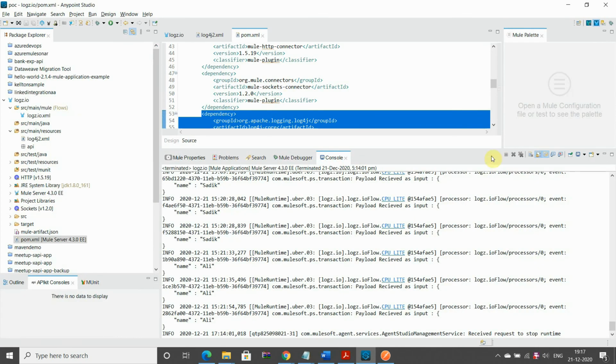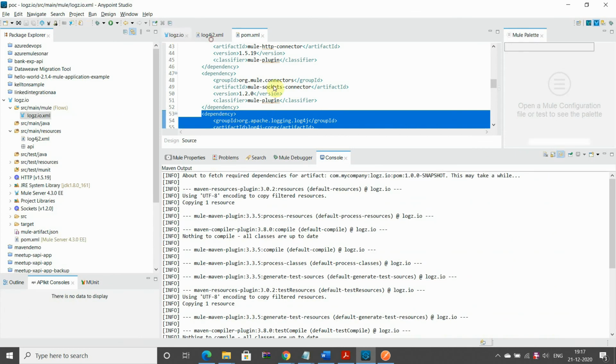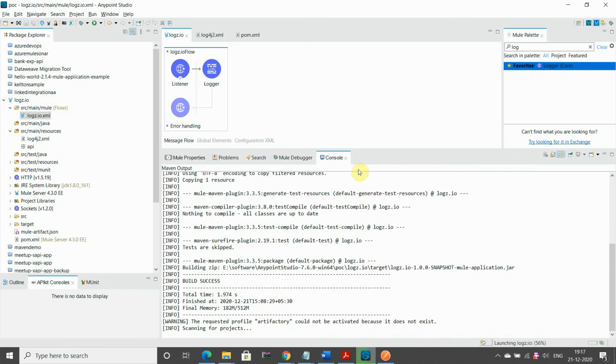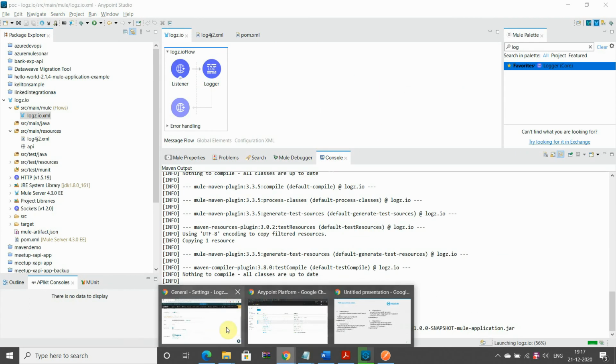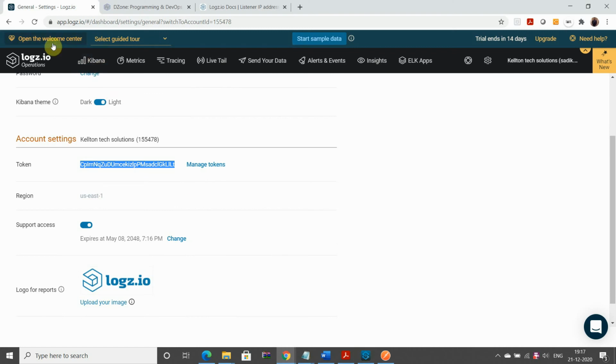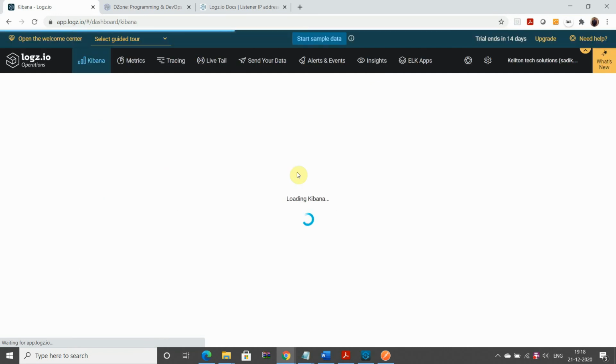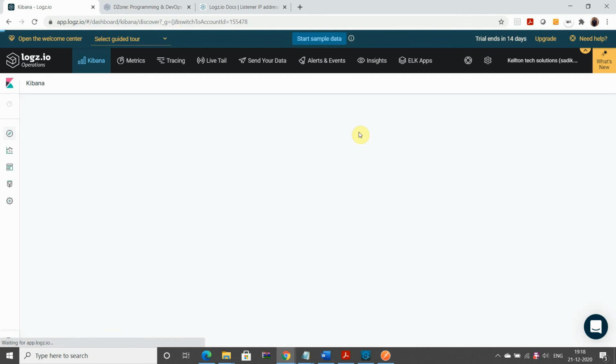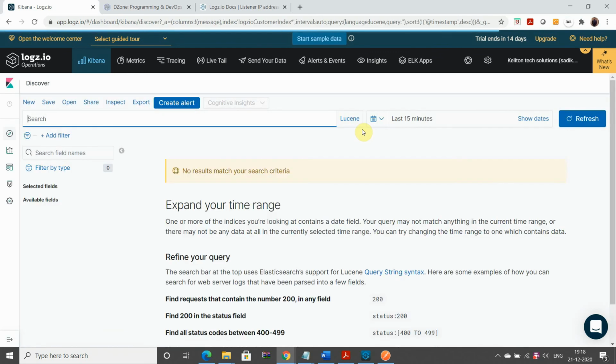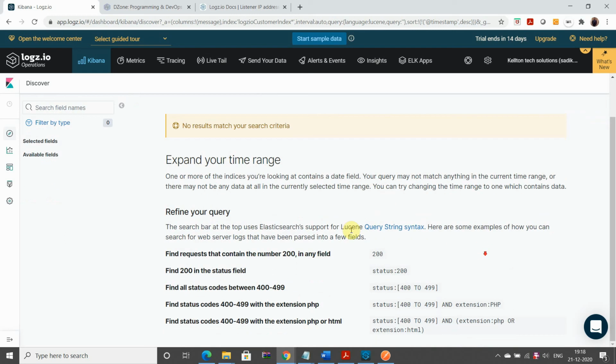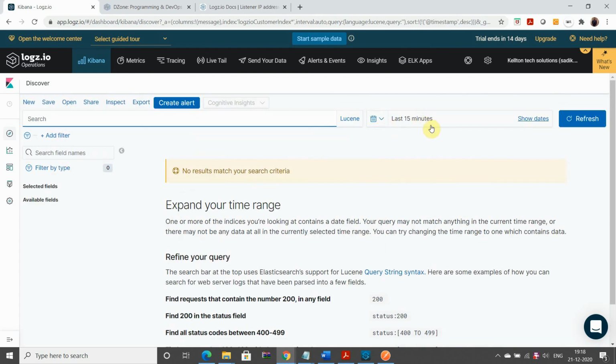Let me go to the console. Right now I'm not receiving data because I have not sent data within 15 minutes.